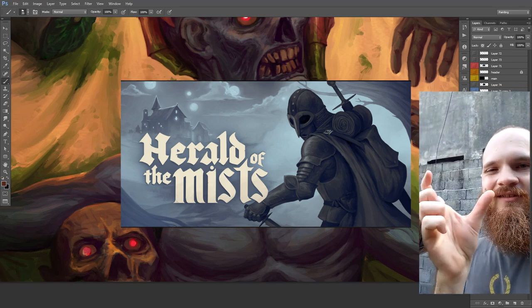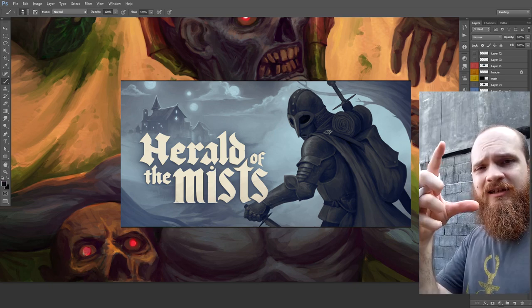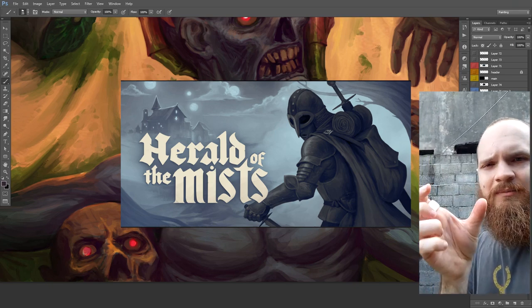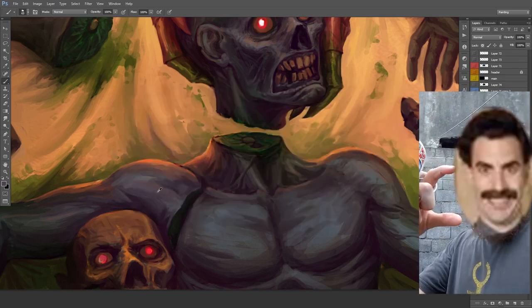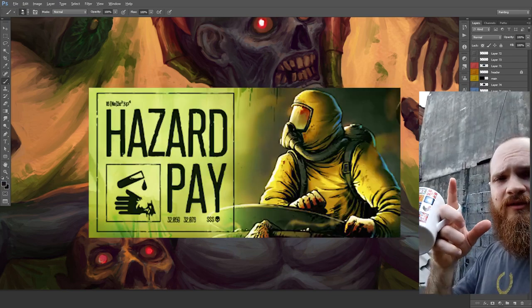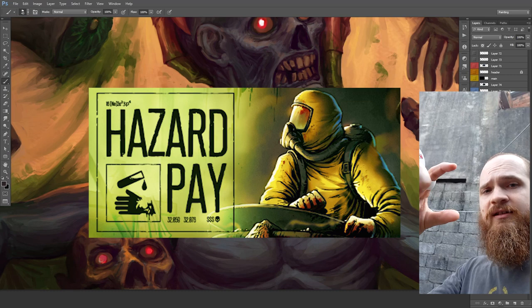Because imagine if this is a big phrase, it's hard to fit in a Steam capsule. The title should be a separate entity in the artwork. It should not be bothered, and it should cover a very nice piece of the image. So in this example here, you can see how I try to make things compact, so it fits in a